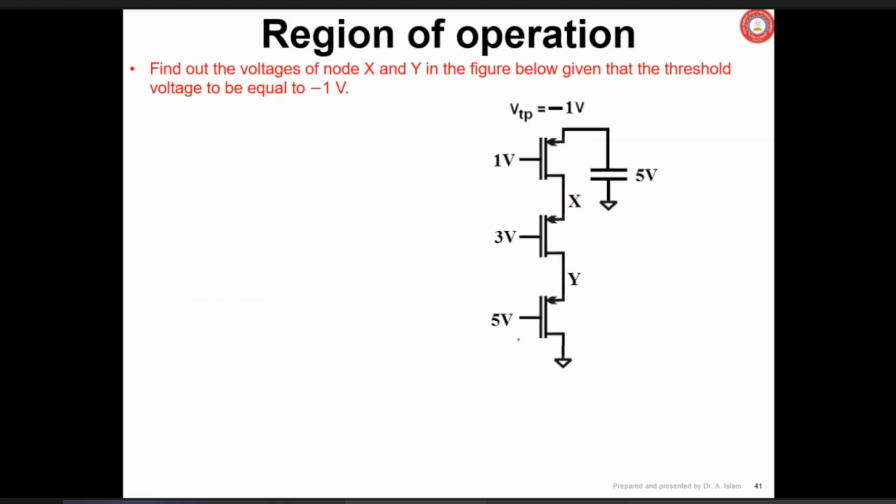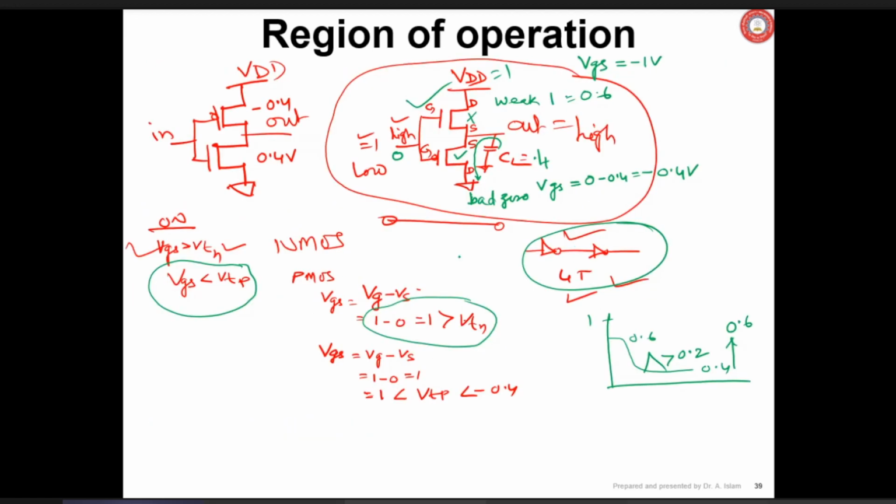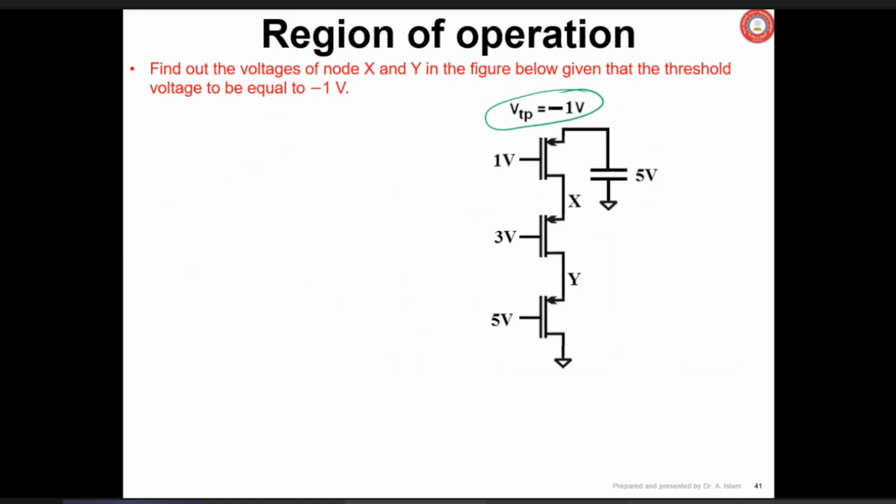I hope not. So, another question with a P MOSFET here. This is a P MOSFET symbol. BTP I have written negative. So you can understand this is a P MOSFET, and different voltages have been given at the gate. So you try this one also. I have explained with this circuit regarding P MOSFET also. I hope you'll be able to do it without any problem. If you are not able to do it, tell me. I'll explain.